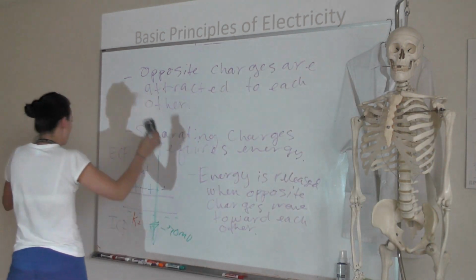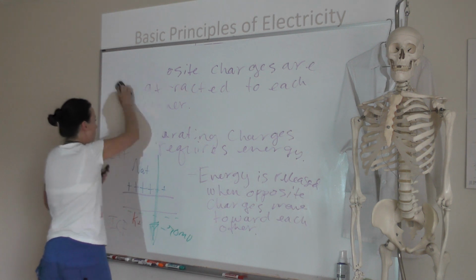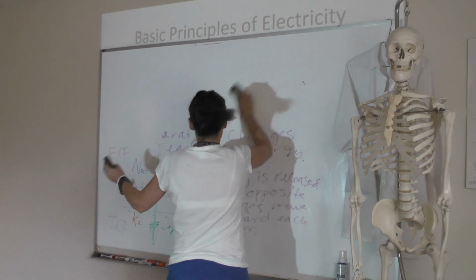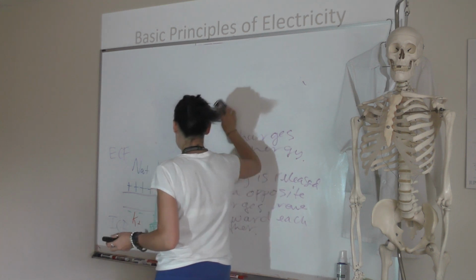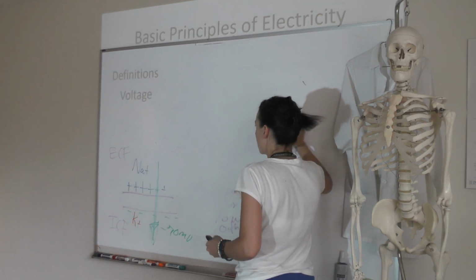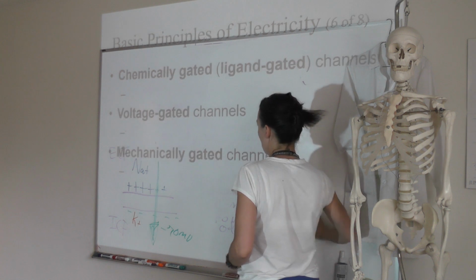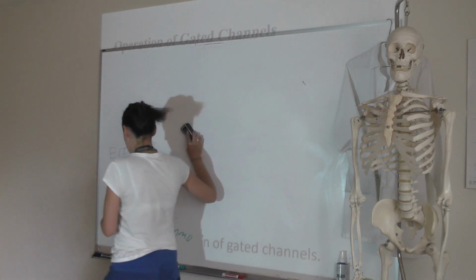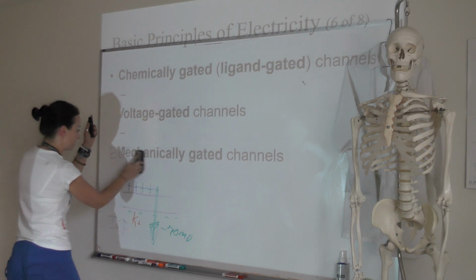So if you can start wrapping your head around what each of the proteins is doing, and then how the ions are moving through it, you should be able to put together a cohesive picture of an action potential or a nerve impulse. Okay, the other thing that I kind of wanted to review was the operation of these